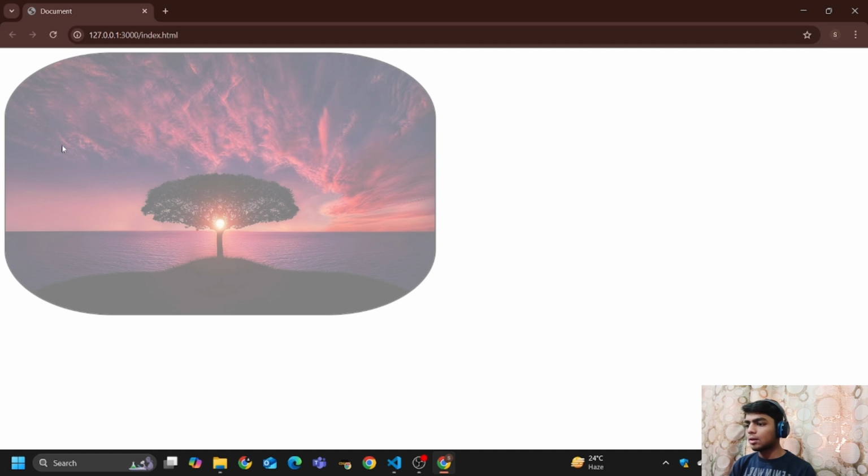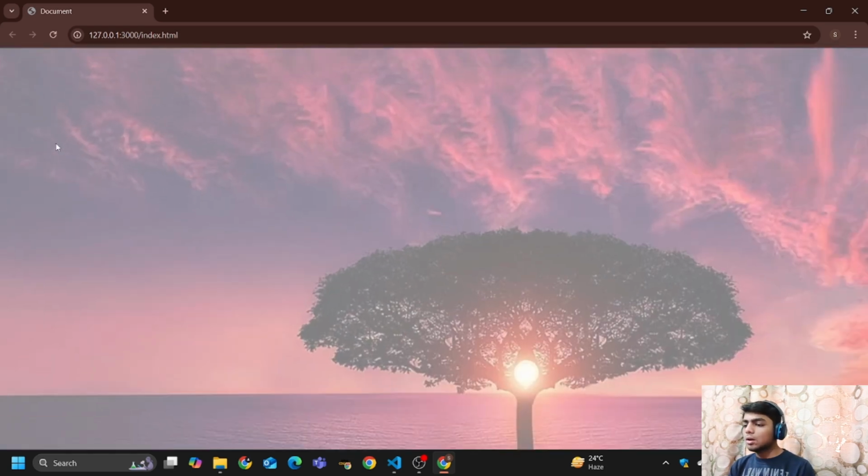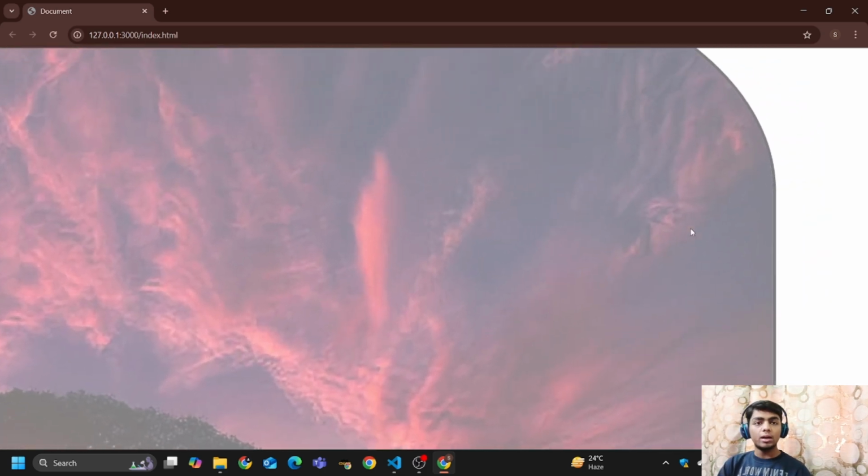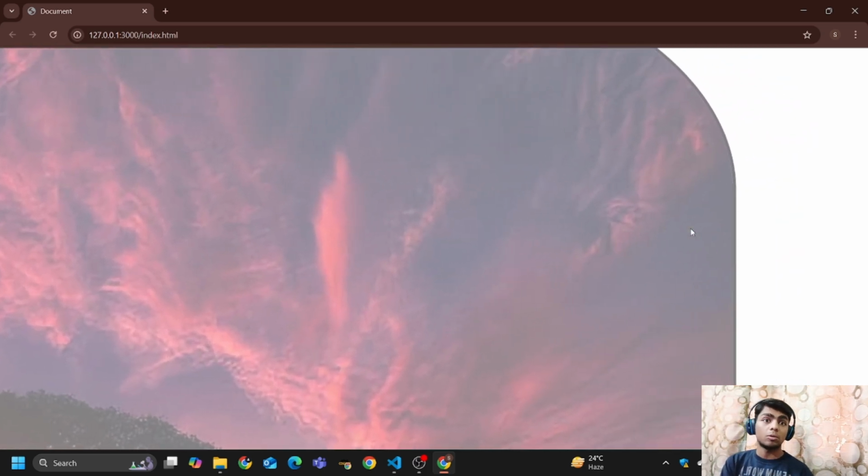Now see, here you can see that my border, that is the border I provided, has also got the opacity property.